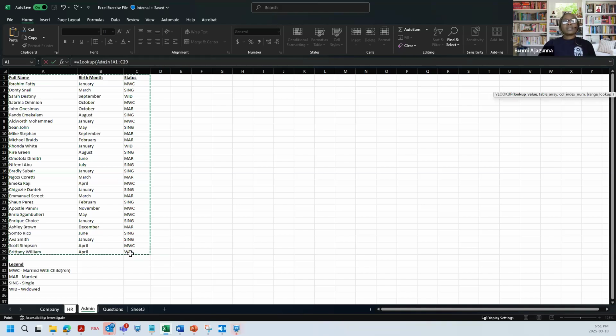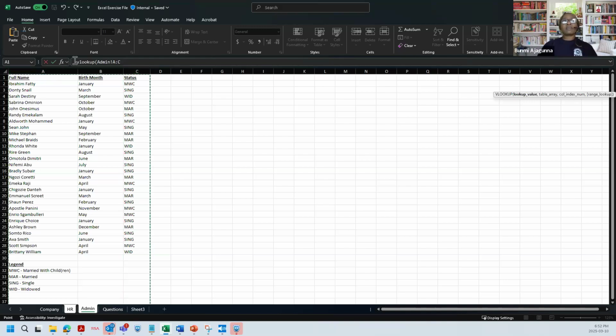right? So I could either do this by my distribution and then make them absolute. When you say absolute it means I want to freeze it. I don't want it to drag down when I drag down, because when it drags down, it then shifts from 2 to 3 to 4 to 5. Okay. And I'm going to show you what all of that shows shortly. Or if you just wanted to look at the whole column, that's column A to column C, you can do that as well just by highlighting from column A and just taking it all to C.